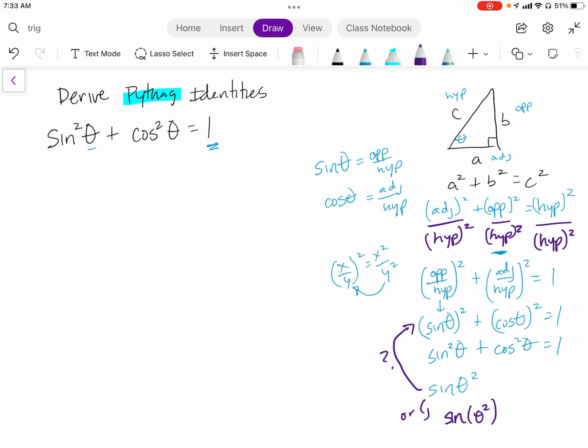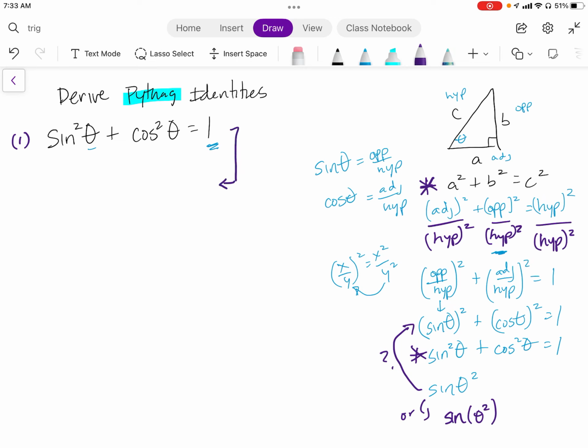Okay, so it was a little bit of manipulation. I think I probably even overkilled it. I think some of this could have been omitted, but you can see we started with the Pythagorean theorem, and through some steps, we ended with the Pythagorean identity, sine squared plus cosine squared equals 1. Well, there are actually 3 of these. This is only one of them. But that is the brunt of the work. Showing where that came from is really the brunt of all of the work, because the other two are as easy as